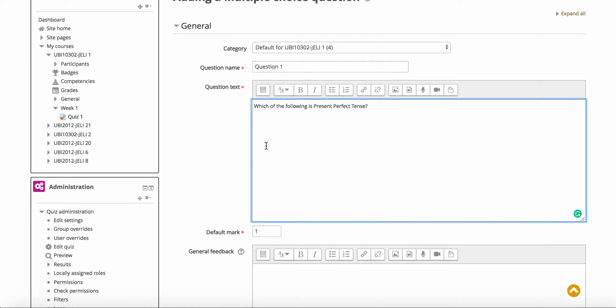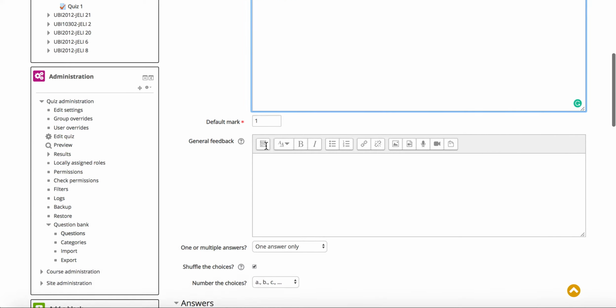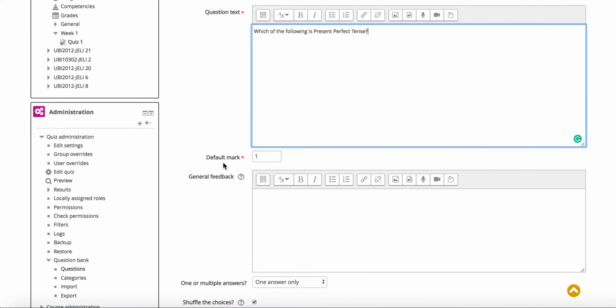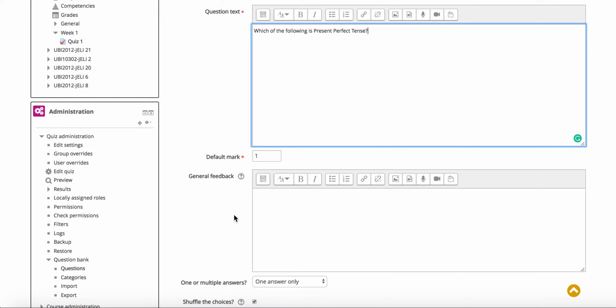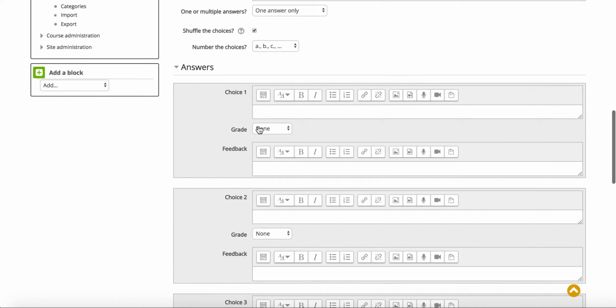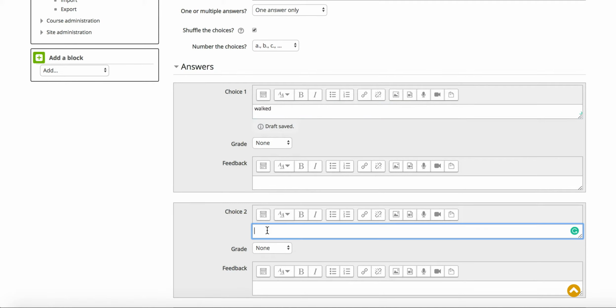So that is the question, and this is a multiple choice question, so you'll have to create the answers for the question. And you can also decide on the marks that you want to give for this question, which is up to you. So the choices, the answer choices, number 1, maybe walk. Number 2,